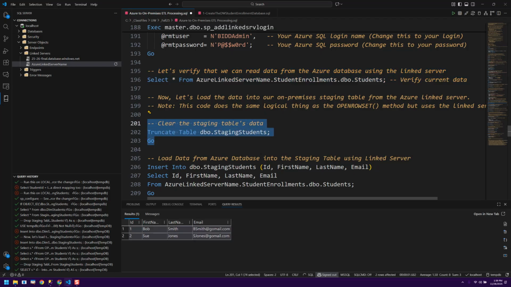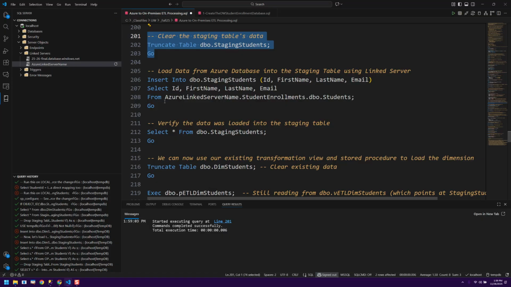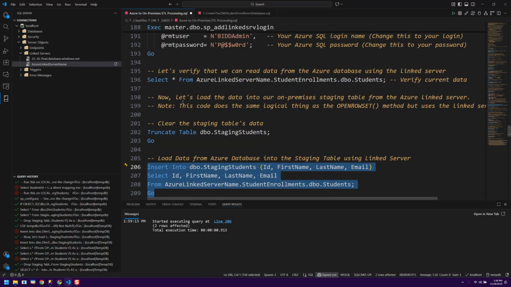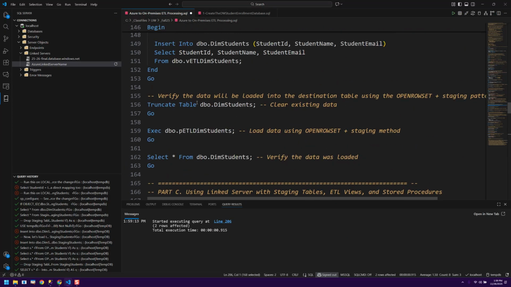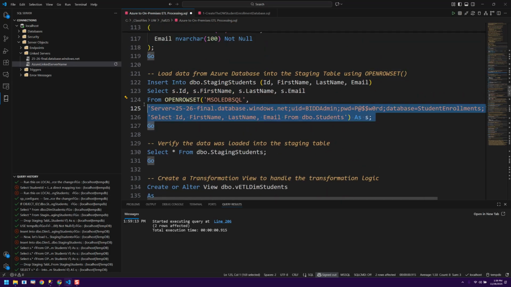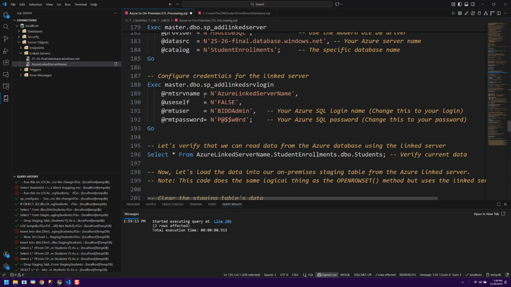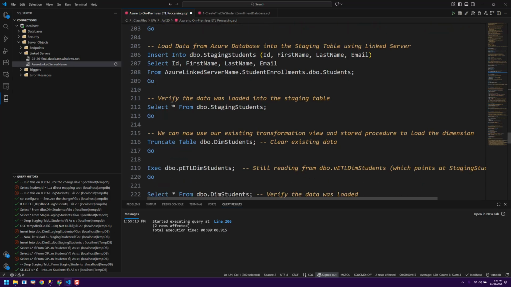I'm just going to go ahead and clear that staging table out. And in this case, I'll just use my link server to fill up the staging table. So I'm still filling up the staging table. I just use the link server to do it instead of using OpenRowSet. Now, the advantage of this is that, as you can see, the syntax is a little bit easier. And to tell you the truth, the link server is kind of sitting there waiting to be used, so it's more convenient